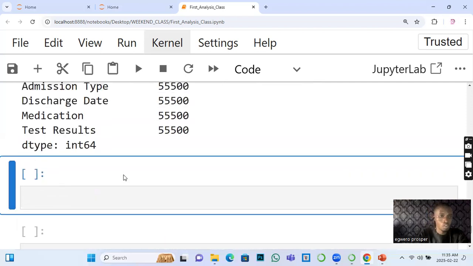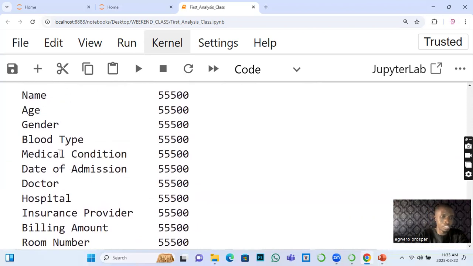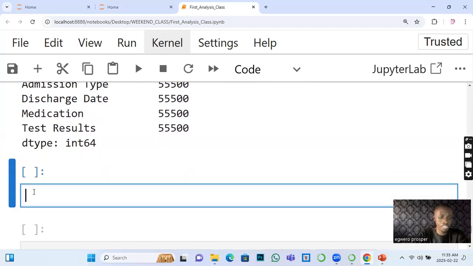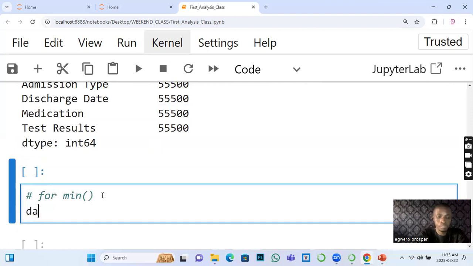You can see that what count did is list all the headers and count all the values in them. Now let's try it for just minimum. I'll give us time to write and implement. For the minimum function, the syntax will simply be the same thing, DA1 dot